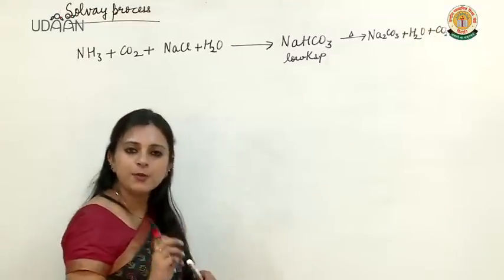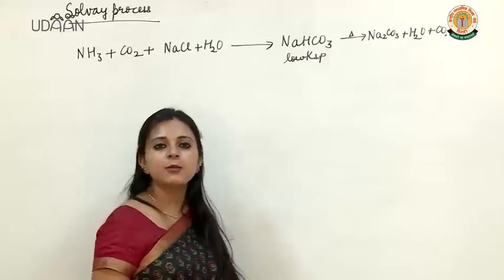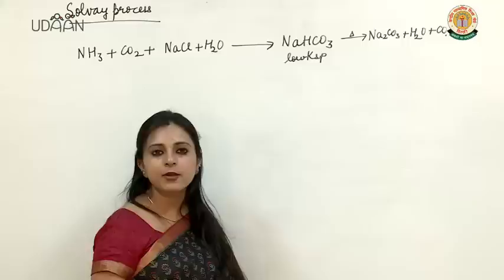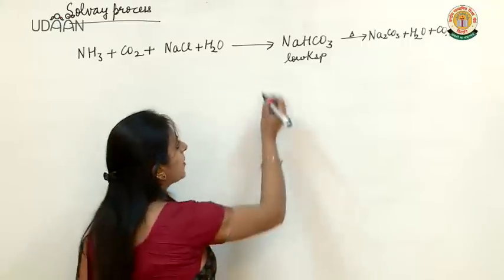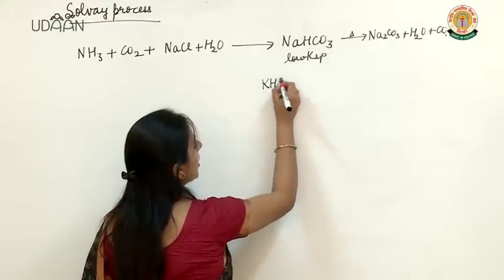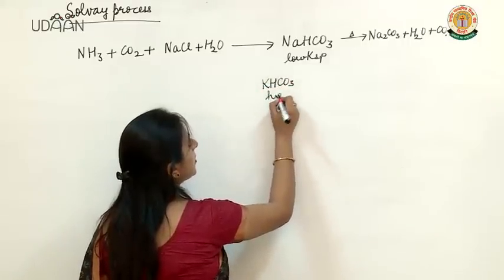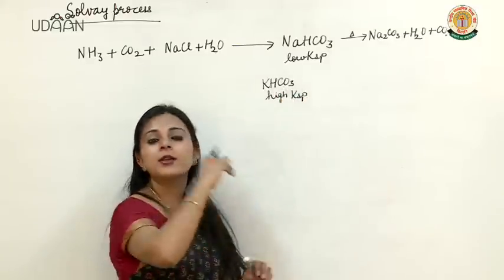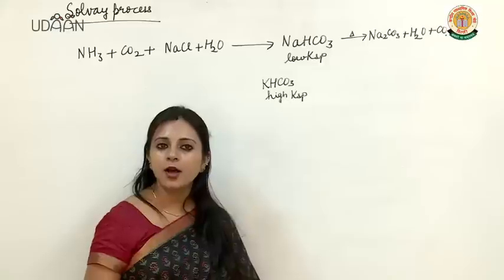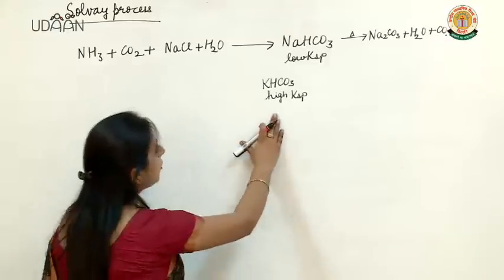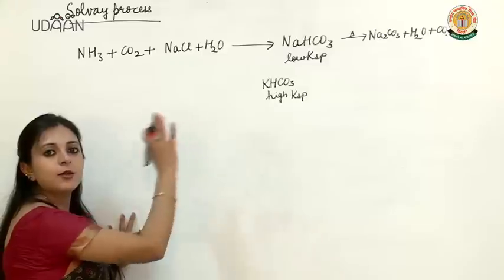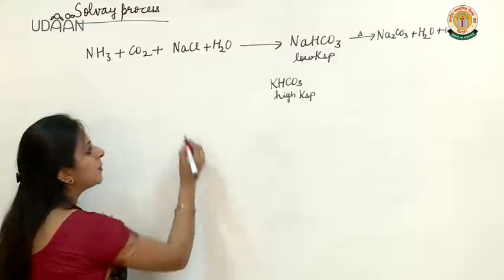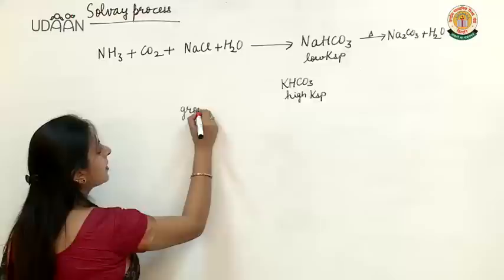Now if we want to prepare potassium carbonate by the Solvay process, we cannot prepare potassium carbonate by the Solvay process. What is the reason? Because potassium bicarbonate has high solubility product, so it remains soluble and it does not get precipitated out. Now this completes group 1 elements, and now we move on to the group 2 elements, that is